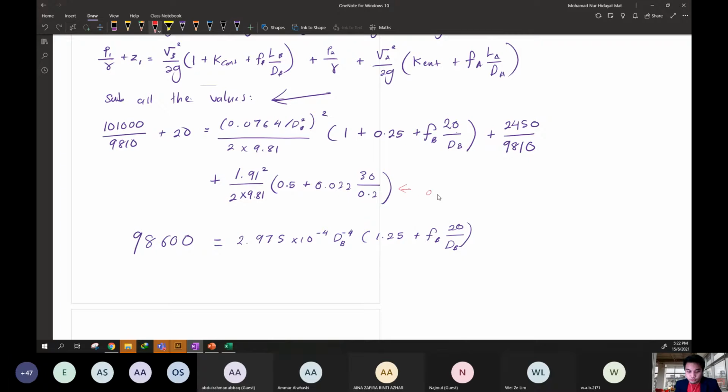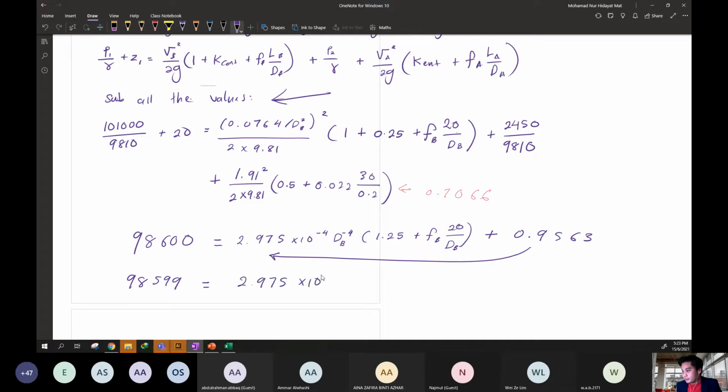Okay, this one to be 0.7066 plus this value, 2450 over 9810. Okay, so you will have the value plus 0.9563. So this value you can move to the left side. Alright, 98600 minus this value. So you'll get 98599 equal to